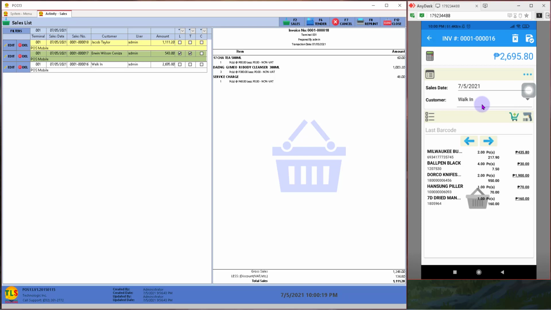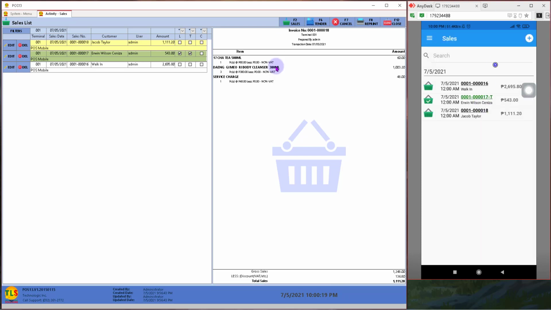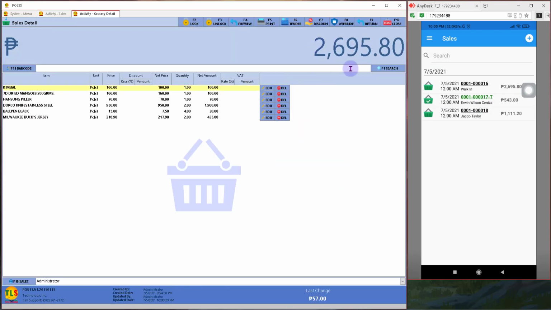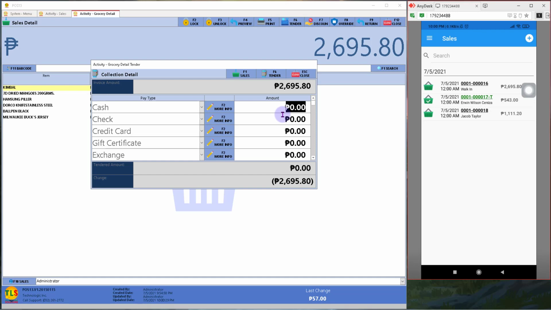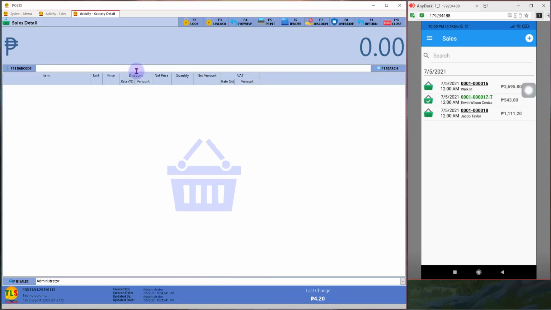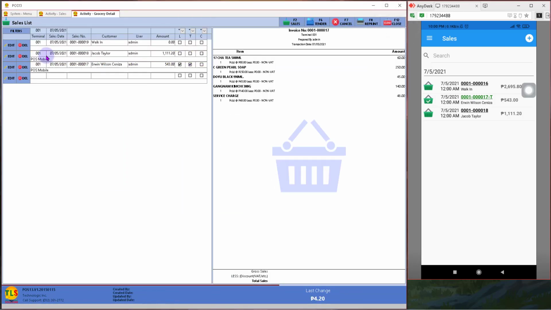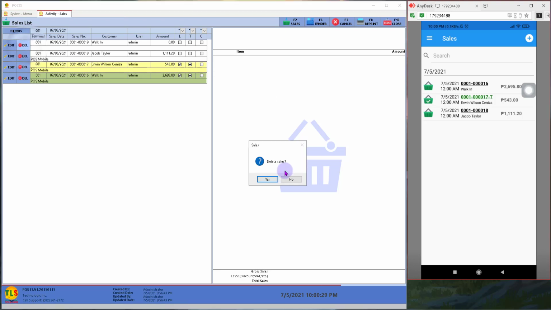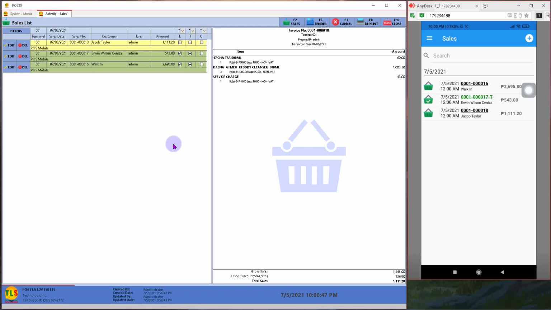Right here. So let's tender this one, the walk-in. Let's just edit it to 700 tender. Let's just click the no. So it has been tendered. Let's delete the new invoice created. Yes. So when you again refresh the